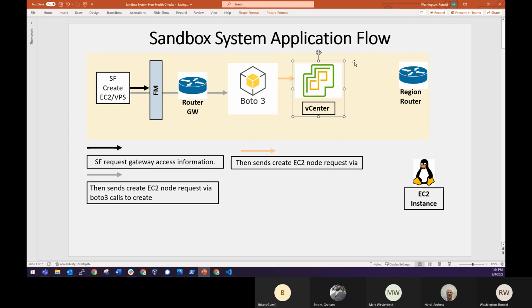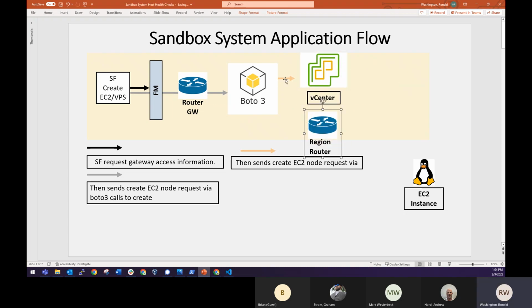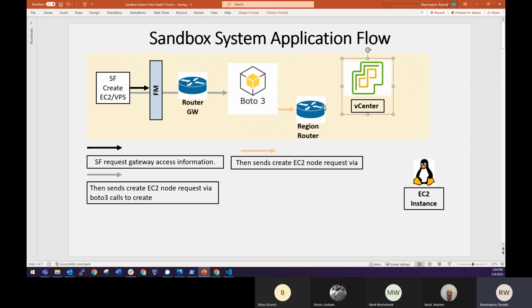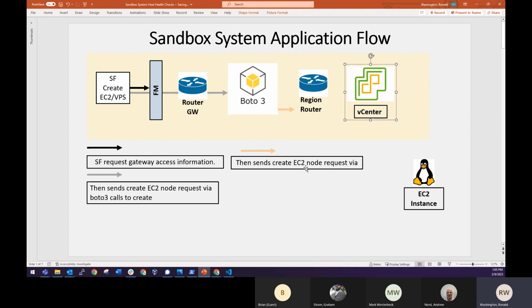So when we emulate that, what we need to do is boto3 is going to call out to vCenter to create a node. But before that, it's actually going to call the region router to get an IP address. That's probably a better way of doing it. I'm just trying to do this in a logical fashion. And then because it needs this IP information,